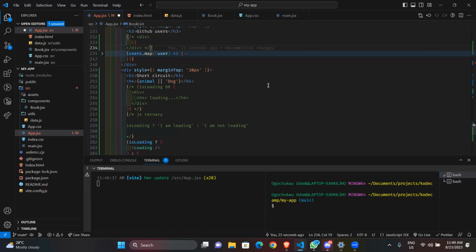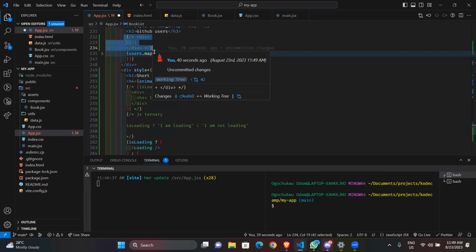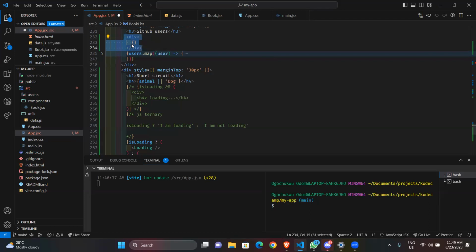Now what we could do is, I have a div like I wanted to do earlier, and I'm like, okay, if is loading, you can just return